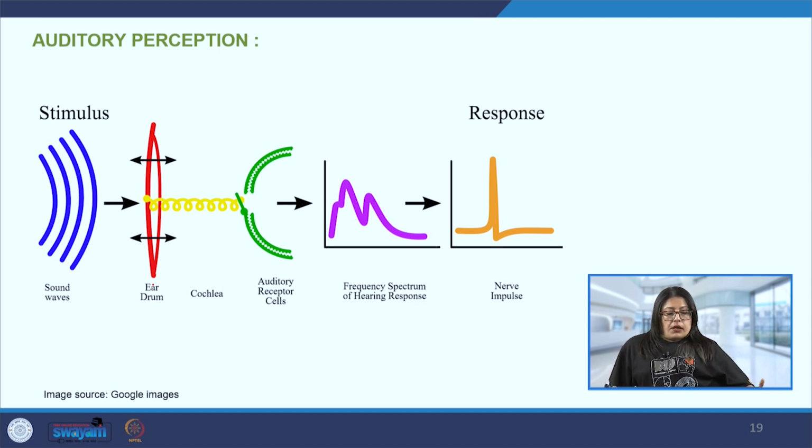And the other is the behavioral adaptations. Sometimes we get used to and we adapt to certain sounds. So for example, some sign will tell us that some testing is going on, so don't enter the room, or some drill is going on, and so on and so forth. So these are some ways in which the response to a sound is perceived by the human being.